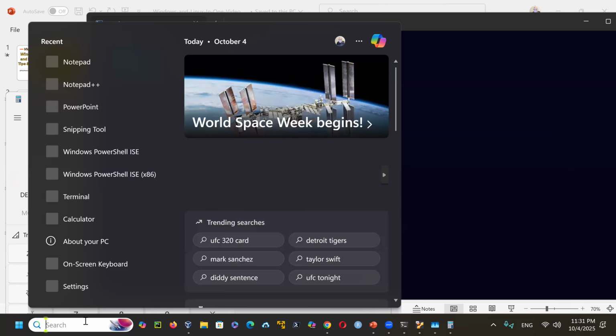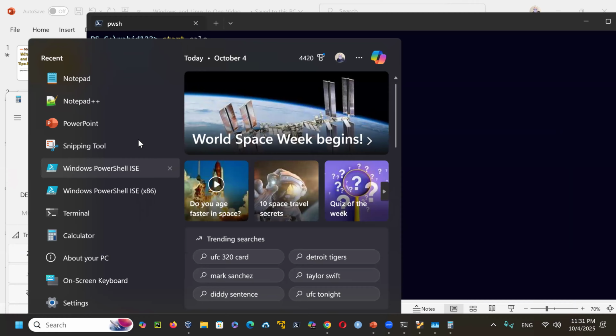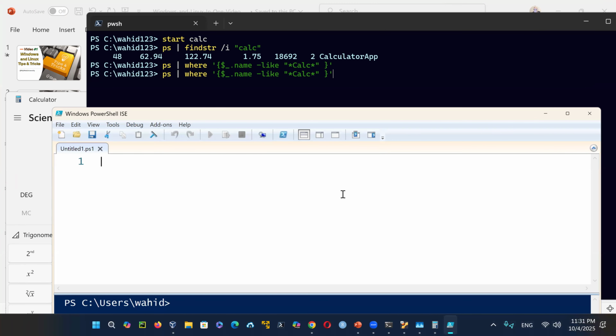Let me just see why it is not doing it. I'm going to go with the PowerShell IDE, the integrated development environment, and type in that command here, ps where, dollar, dollar,